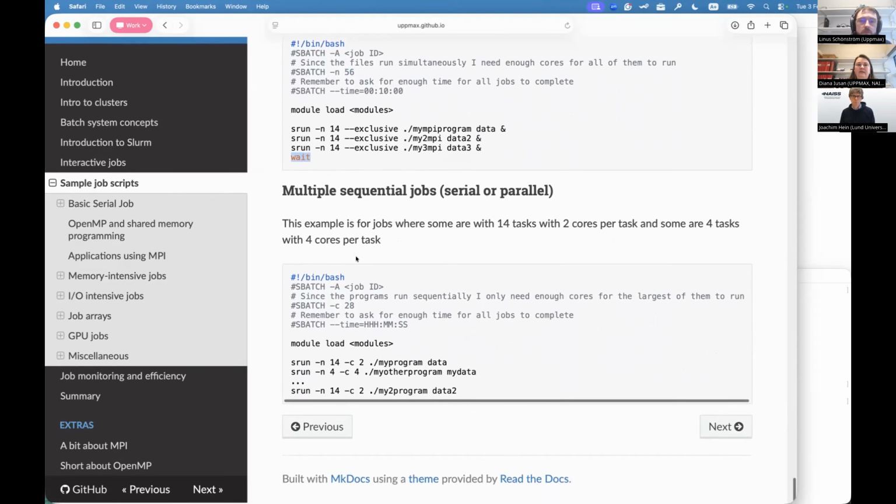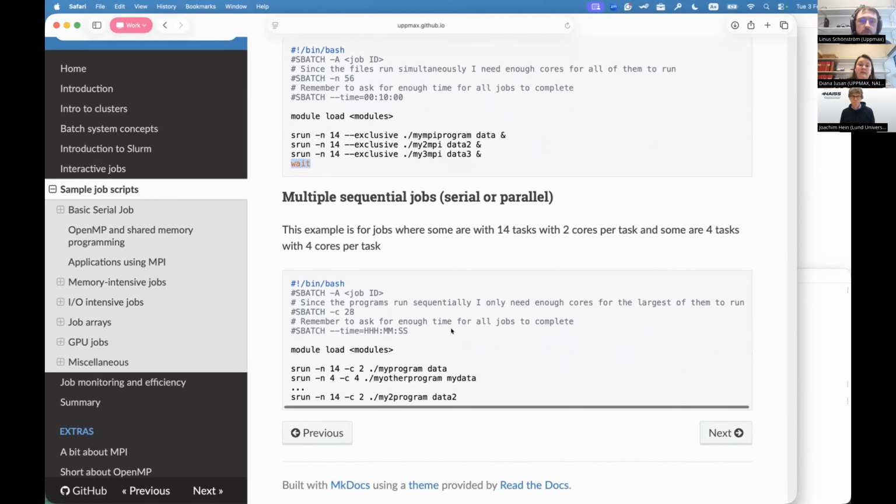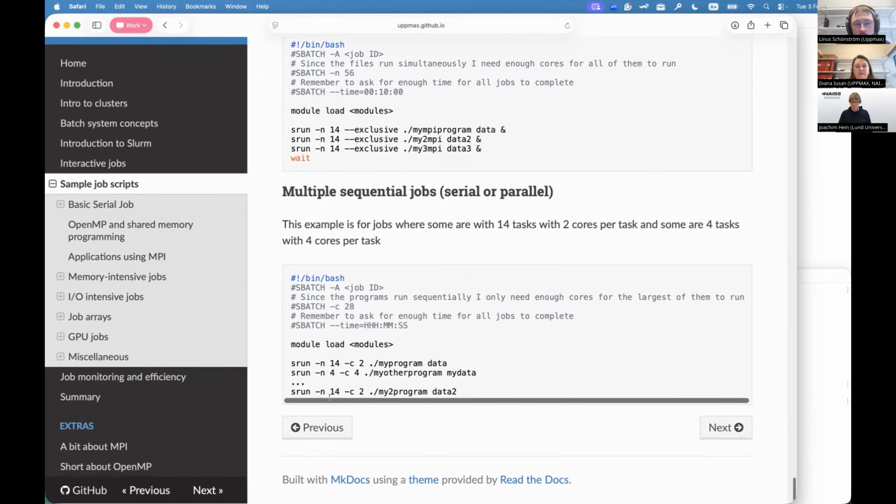If one wants to run the jobs not in parallel but sequentially, then you drop the ampersand at the end. So in this case, for multiple sequential jobs, first I run my program on 14 cores. When this is finished, I'm going to run another program using 4 MPI ranks and 4 CPUs per task. And then once that's finished, I can continue with running the programs in this script. Because these are run sequentially and not in the background, I actually do not need the wait command. So this has been a little bit